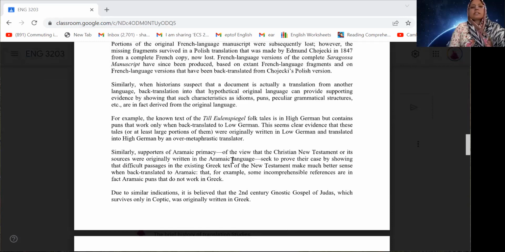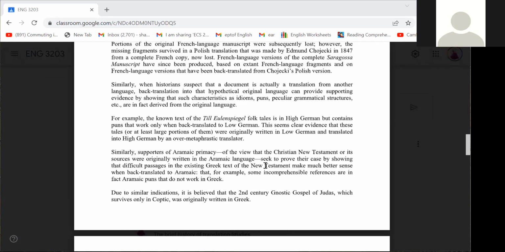Aramaic means a special kind of language which is closer to Arabic and Greek. The New Testament was translated, back translation, into Aramaic language. Okay,